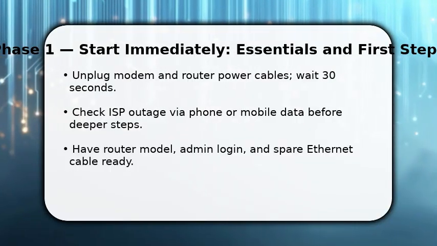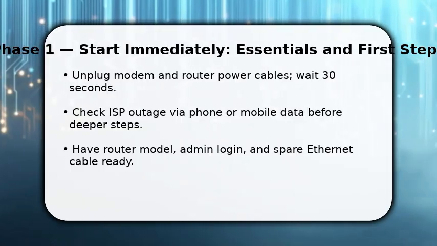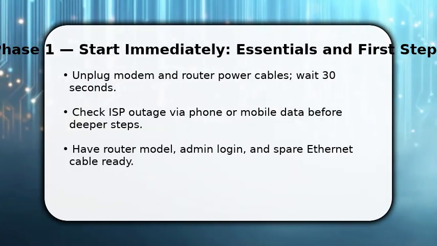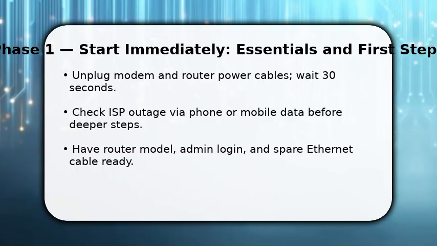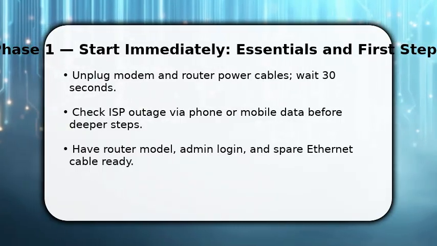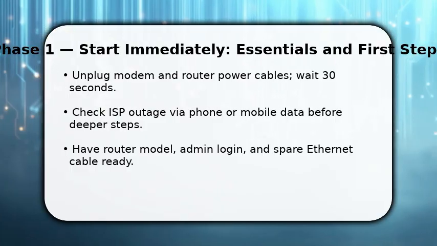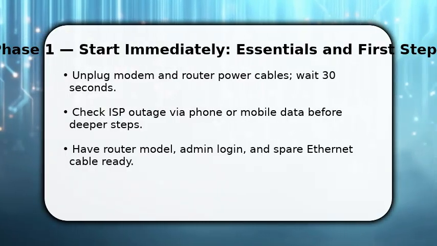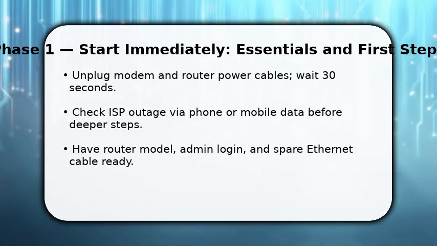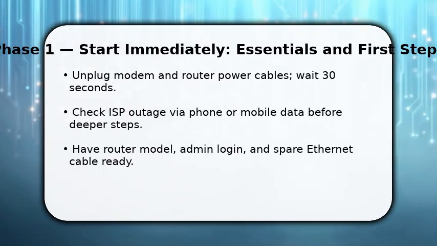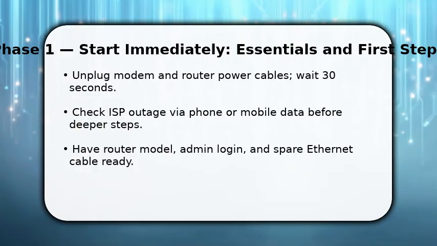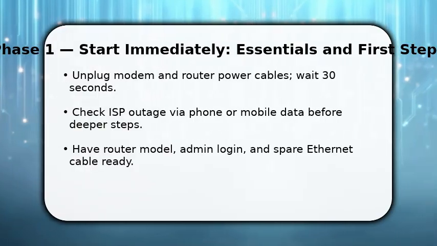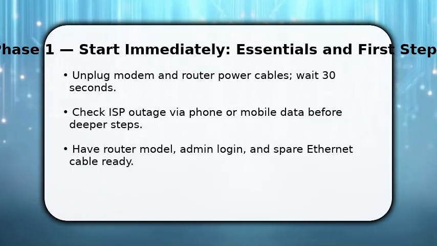You begin by cutting power to the router and modem. This clears transient faults and often fixes a red light. Once unplugged, wait a full 30 seconds to discharge capacitors, then reconnect the modem first and let it sync, then plug in the router. Make sure you have your router model and admin credentials ready because you may need to log in next. If the red light persists after a full power cycle, you're ready to move into configuration checks